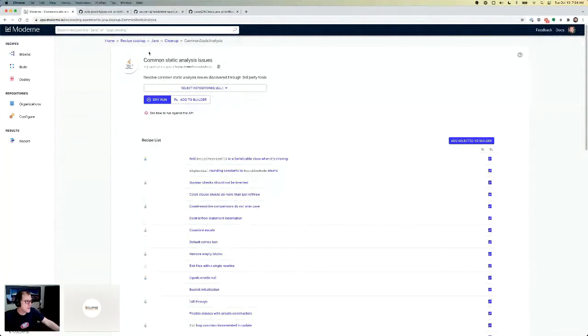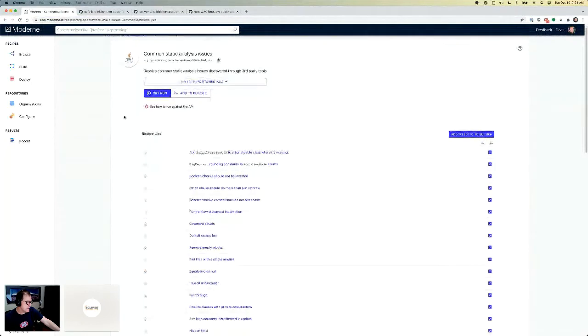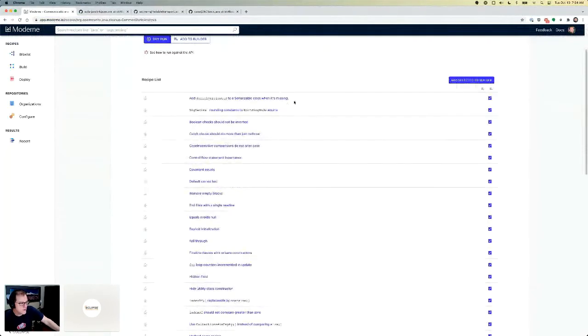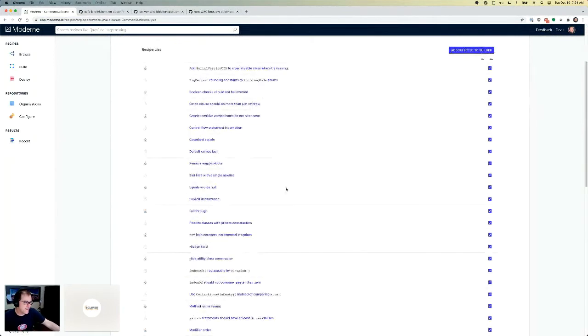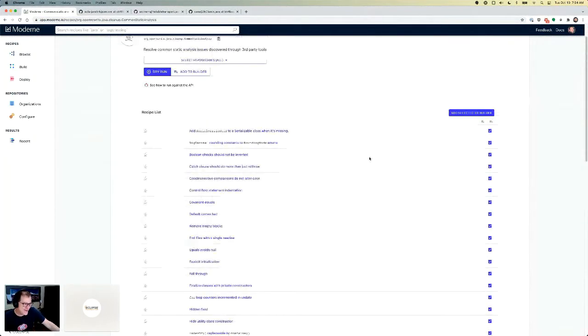All right, so this is actually a composite recipe, which you will probably recognize if you've ever used Sonar; you'll recognize many of these things on this list. What this is going to do is not only find them, but auto-remediate them, which is super cool.